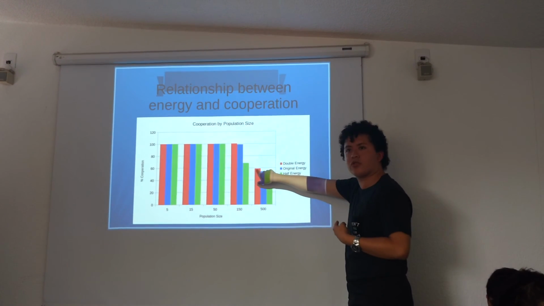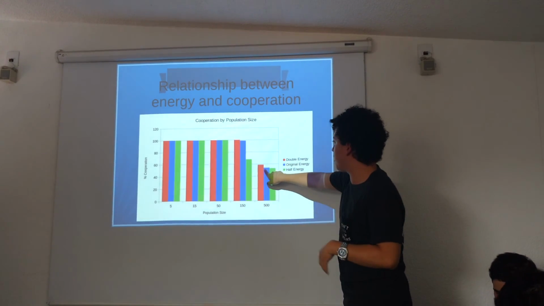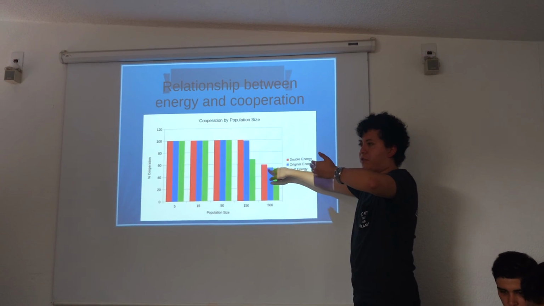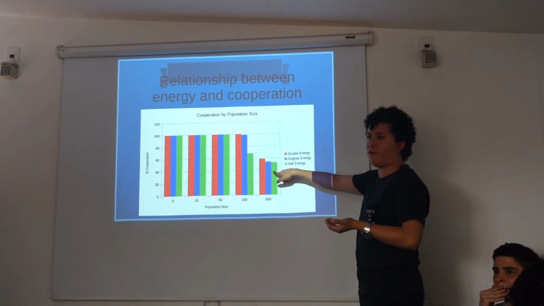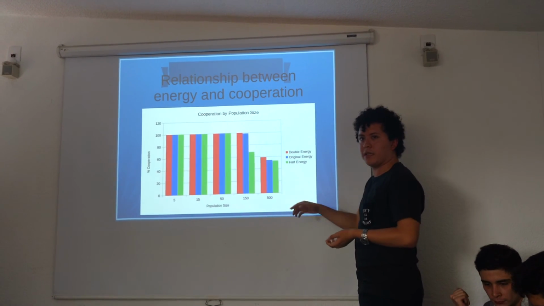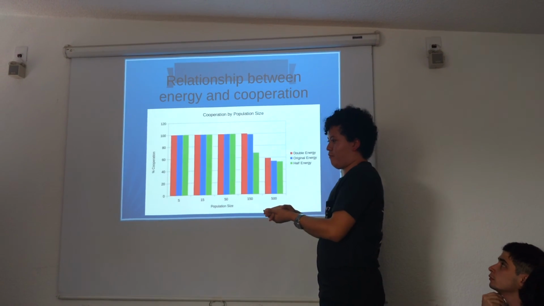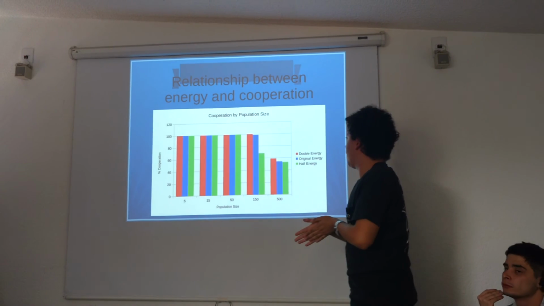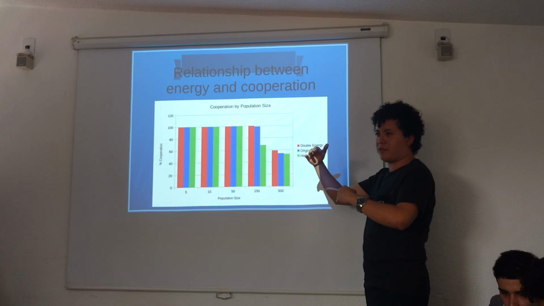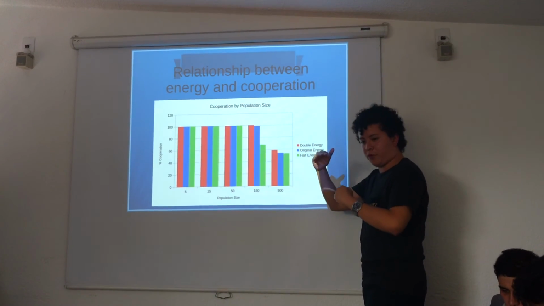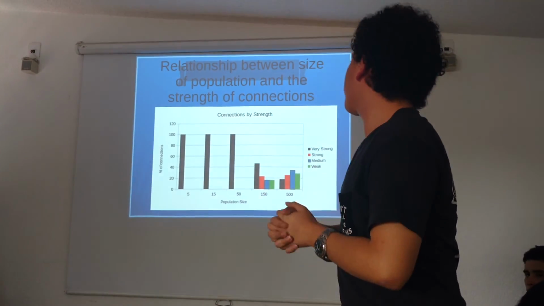The cooperation turns around 58%. With the original energy it turns to 53%, and with half energy it's around 51%. We show a reduction of the cooperation if we decrease the energy and an increase of the cooperation if we improve the energy. And we saw the